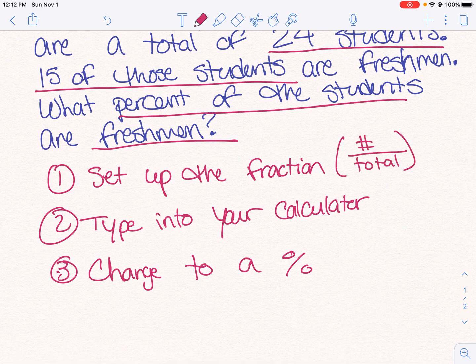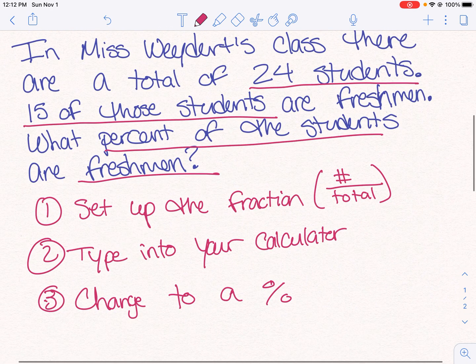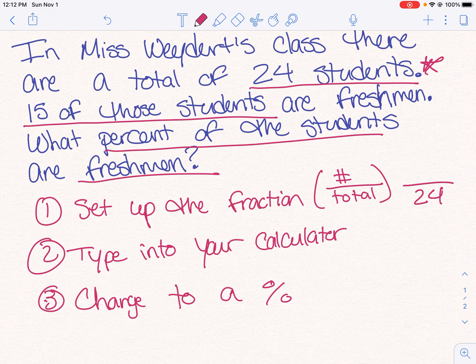So when we set up the fraction, remember we do the total on the bottom and then the number that we're looking at. So in our case, our total is the 24 students and the number we are looking at is the 15. So in my calculator now, I'm going to do 15 divided by 24 and I get